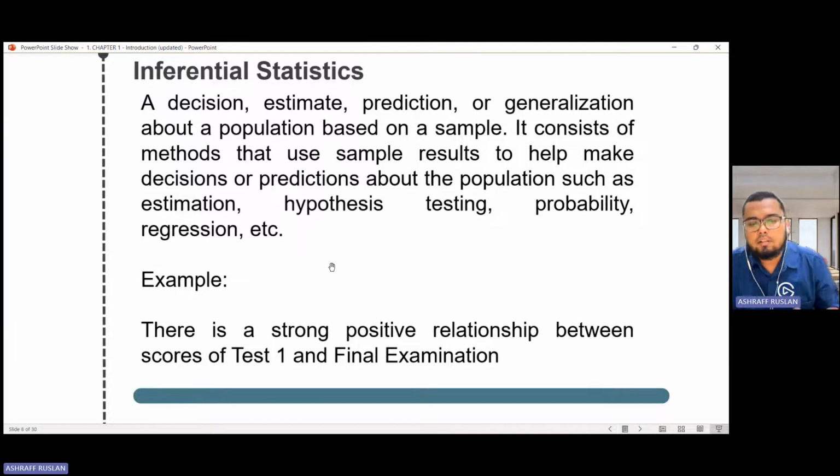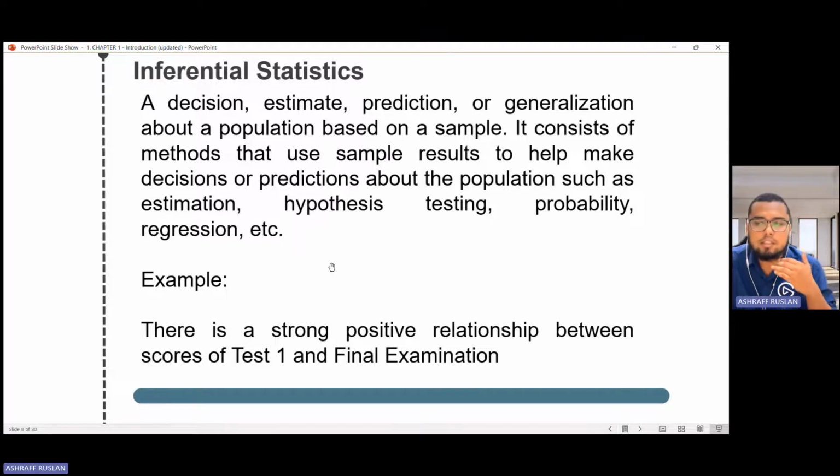Contohnya, there is a strong positive relationship between score of test 1 and final examination.